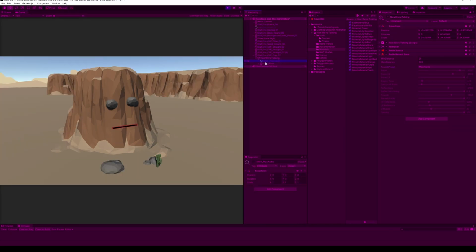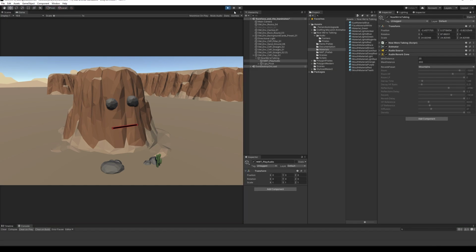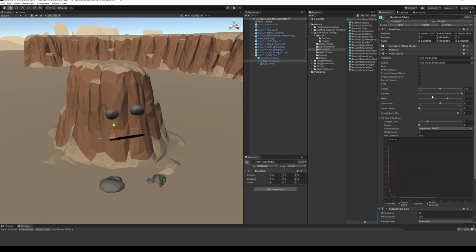So we'll get the Now We're Talking Play Audio object and we'll turn it on. Here we go. Oh, morning. Not bad, thanks. So it's kind of there, but for some reason, oh, I see, yeah. Because I was running when I turned the pitch down. Let's go back down to 0.6 on the audio source on the Now We're Talking,